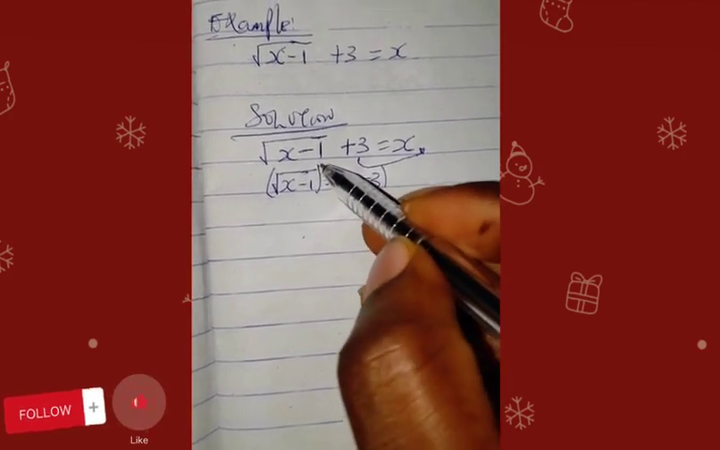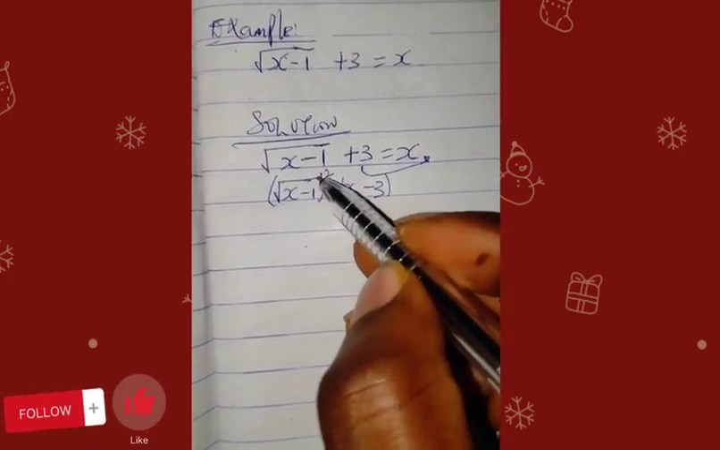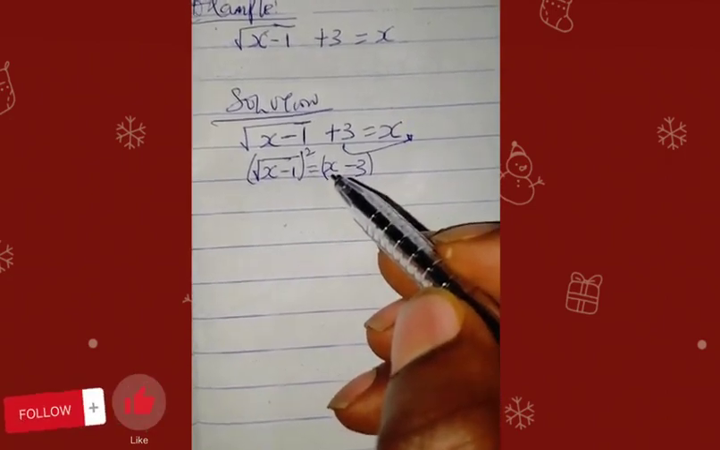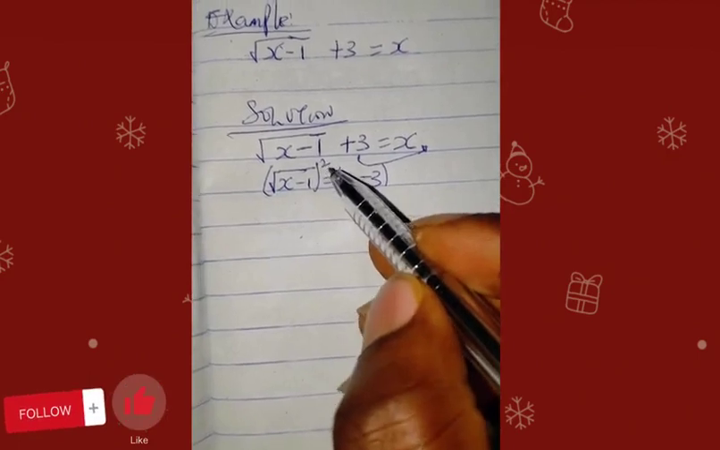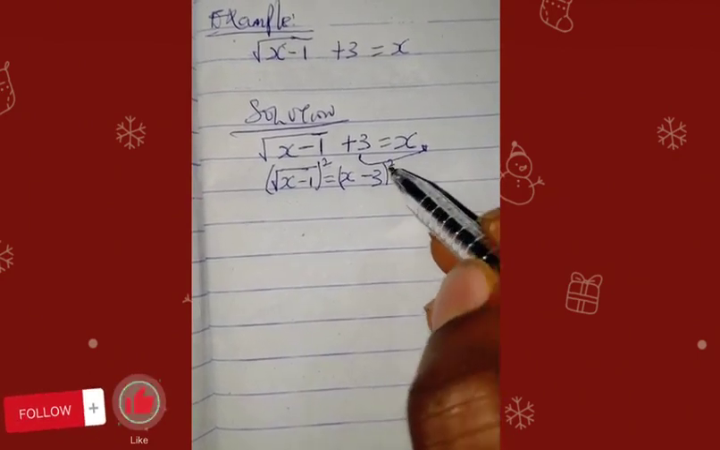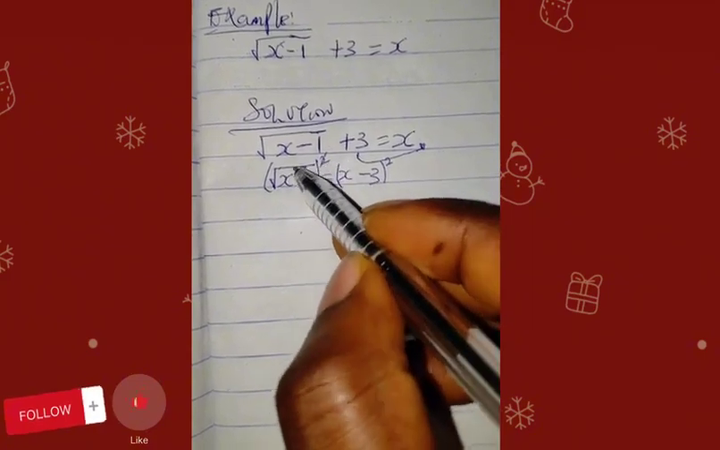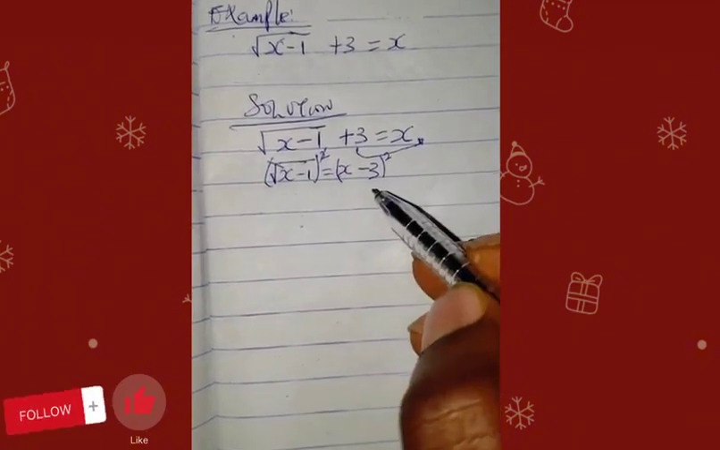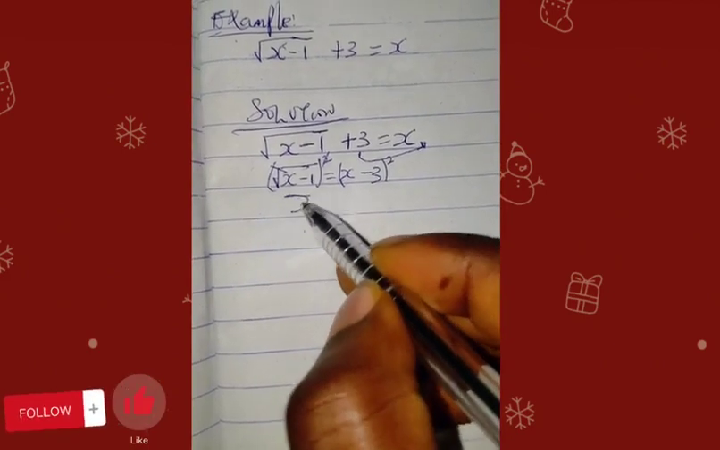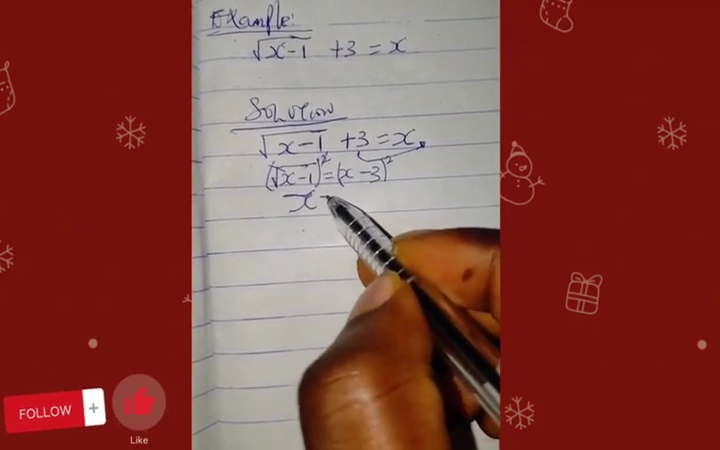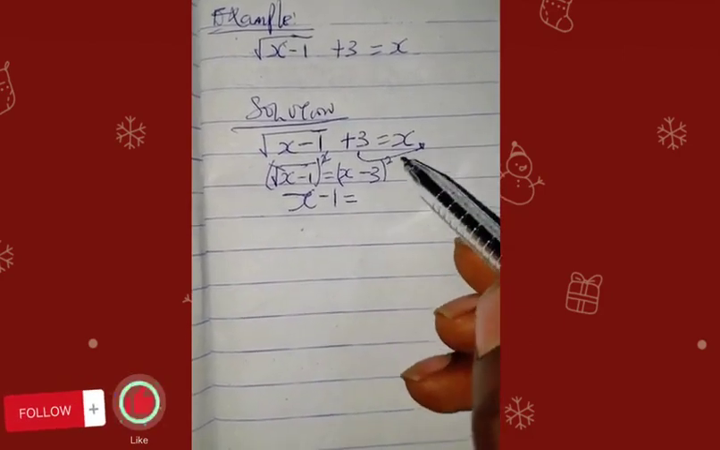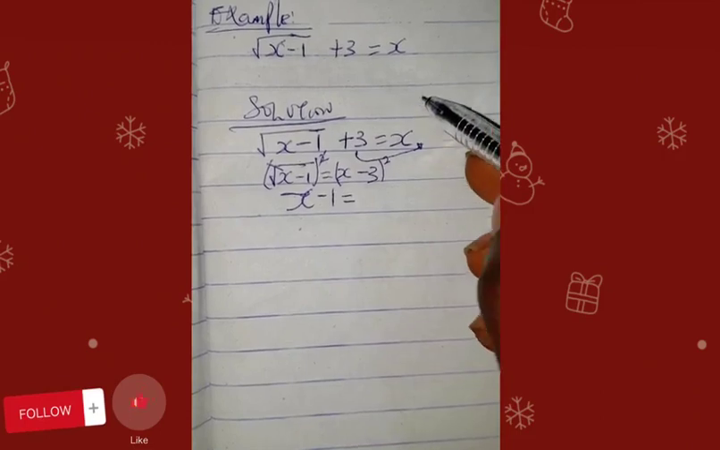bracket the other side. Don't forget, in order for us to eliminate the square root, we need to square both sides. So you place a square here, you also place a square here. So where you square, we cancel the square root here, you would write x minus 1 is equal to, now what you are going to do here